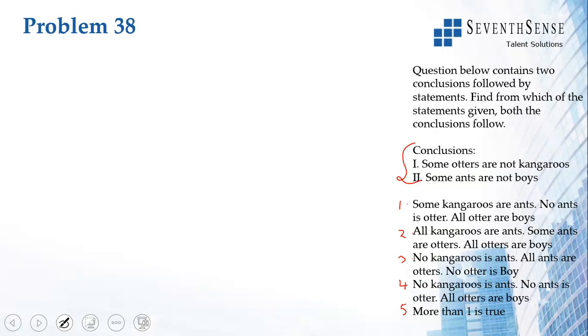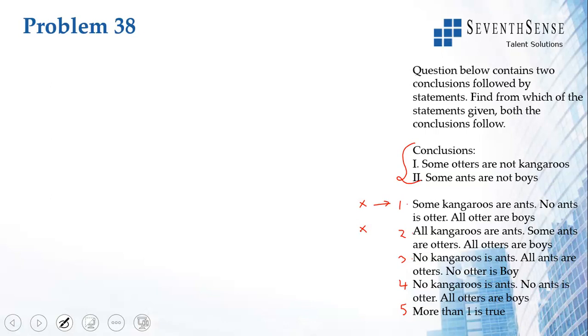So what we do is we first draw the basic diagram for each of the options. So for the first option you draw a basic diagram. If it is false, as in the conclusions do not lead from these statements or from this simple drawing, then you reject that. Let us say we draw a basic diagram for 1 and it doesn't lead to the conclusions, it's not the option. If you draw it for 2 and it's not the option, then you cancel that. But in the basic diagram for 3, if the conclusions are correct, then you draw all potential drawings for that option. So for any option you draw the basic diagram. If the basic diagram does not lead to the conclusion, then you don't do anything else with the option, you cancel that option.